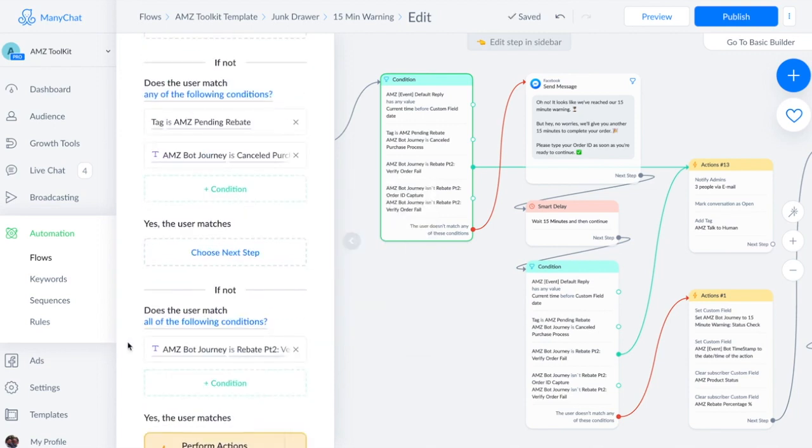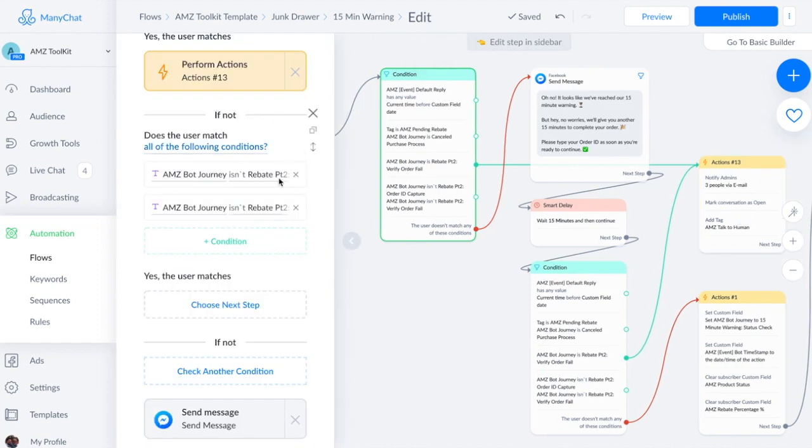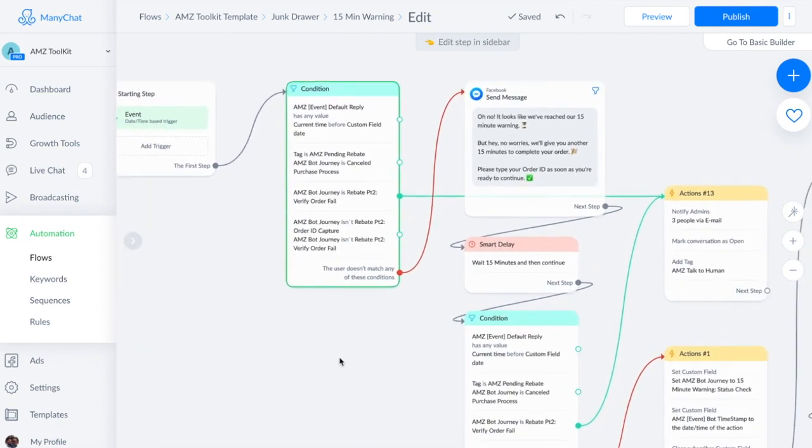From there, it checks if bot journey is rebate part 2 verify order fail. Sometimes it does happen that the verification process does fail. If they have this bot journey cuff, from there it does a notify admin, opens up the conversation, and adds the AMZ talk to human tag. From there it checks if all the following conditions don't match. It checks if rebate part 2 isn't order ID capture, and it also checks if bot journey isn't rebate part 2 verify order fail. If none of those conditions match, we just go ahead and tell them, oh no,